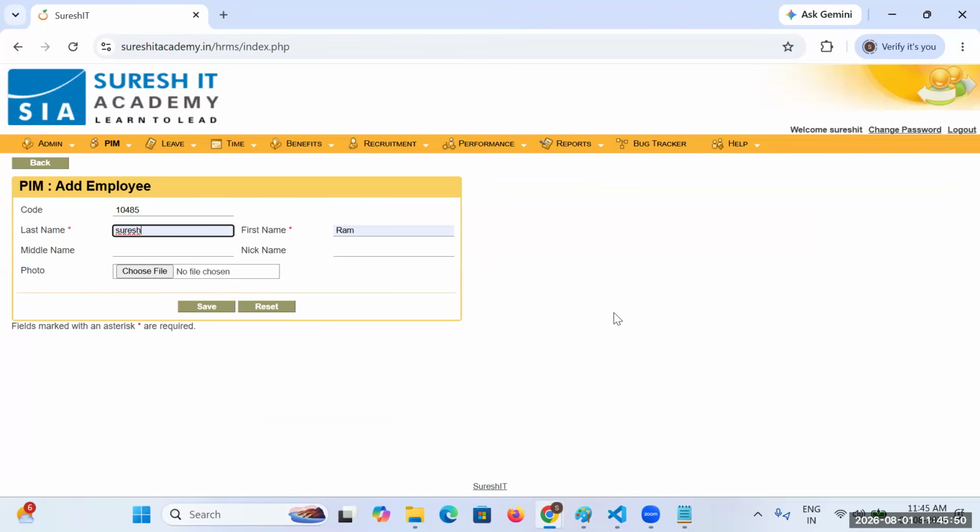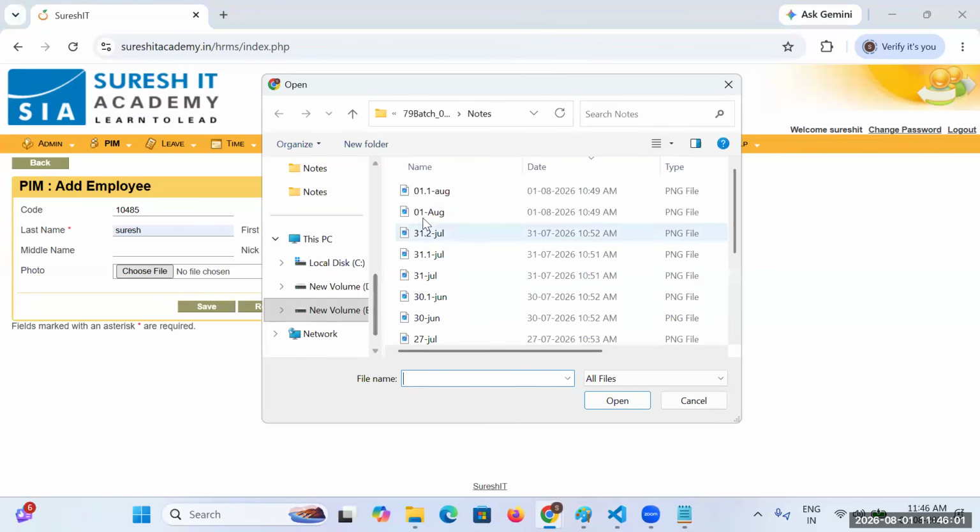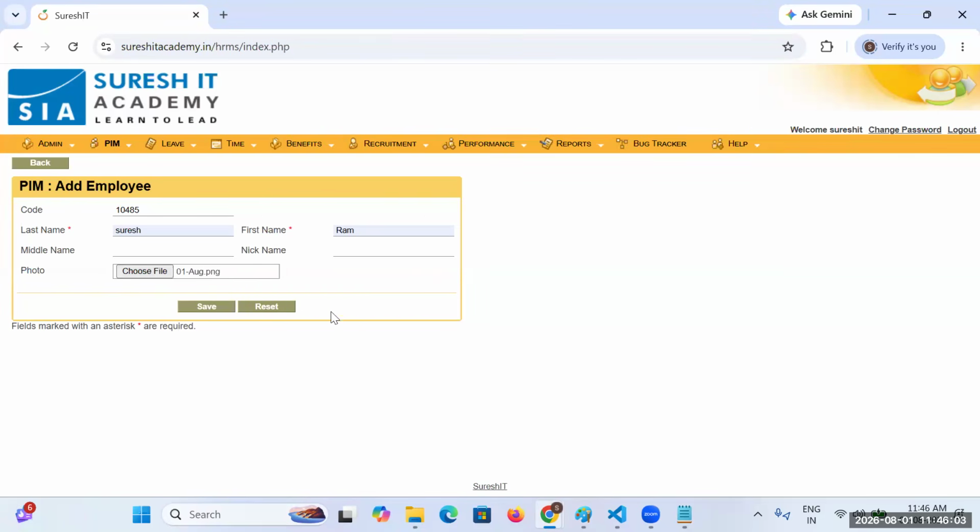Here we have an option of uploading a file. To upload a file, I click on the button, and once I click on the button, I select the required file. That means, let me